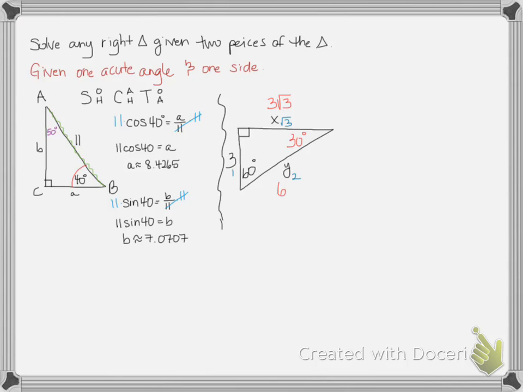The last type of problem that we get is, give me 1 second. So the last type of problem that you can have is given 2 sides. So for an example, if I give you